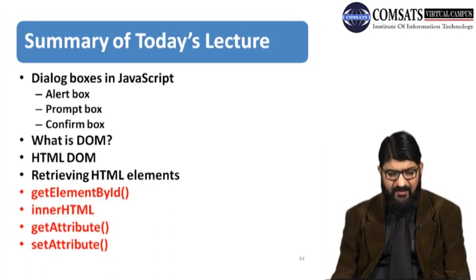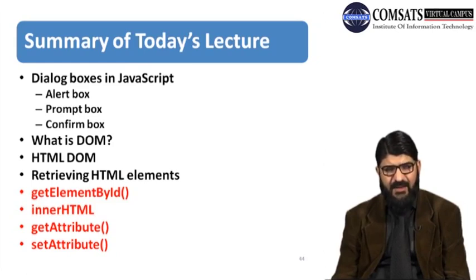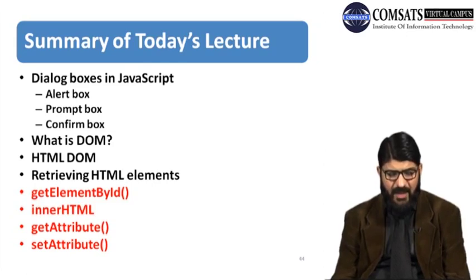The first method that we have seen is getElementById. This is the most common method, and by using getElementById, an element ID is passed as a parameter, through which the element is accessed and the relevant functionality can be proceeded. Then we have discussed that getElementById can be used with getAttribute as well, and innerHTML as well, and setAttribute as well.